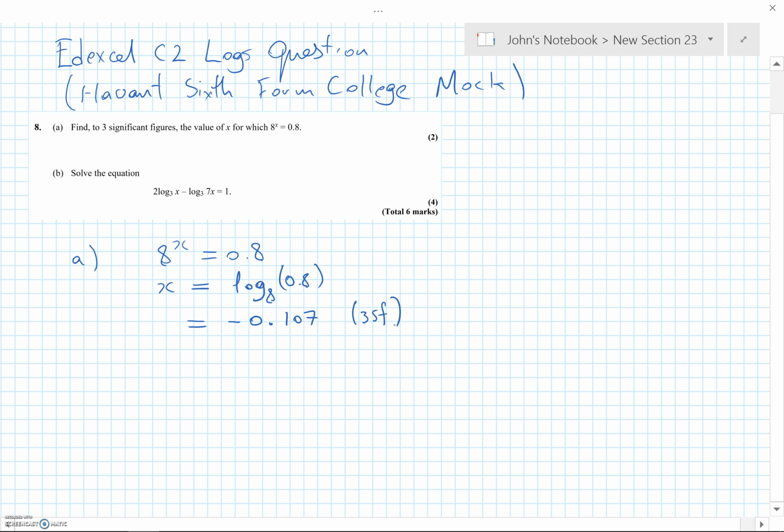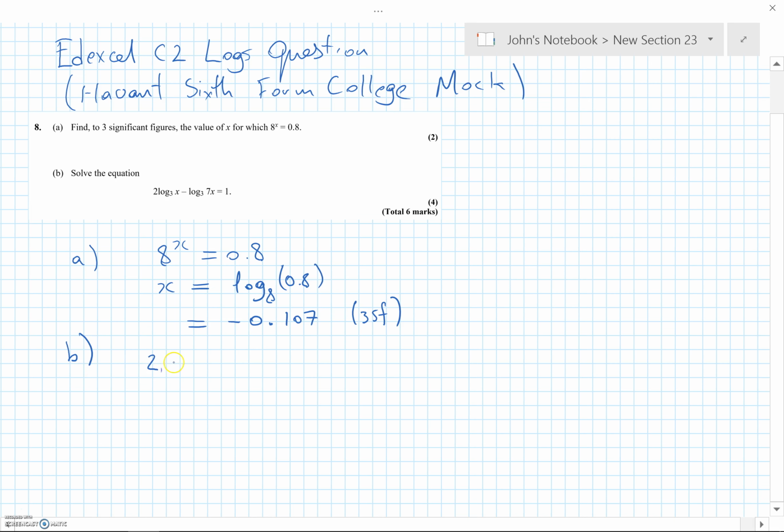There was a time when we had to take logs base 10 on both sides of those and then rearrange a bit, but nowadays we can just use the change of base key on the calculator and have done with it. So that's part A. Part B,